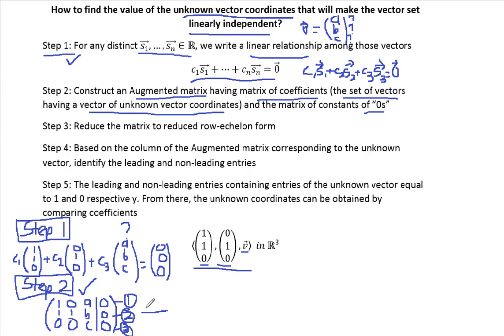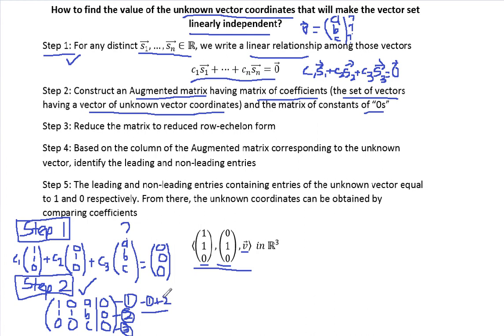We notice that in column 1, below the leading entry in row 1, there's another leading entry in row 2. So we want to eliminate the entry below 1 in column 1. So we do minus 1 times row 1